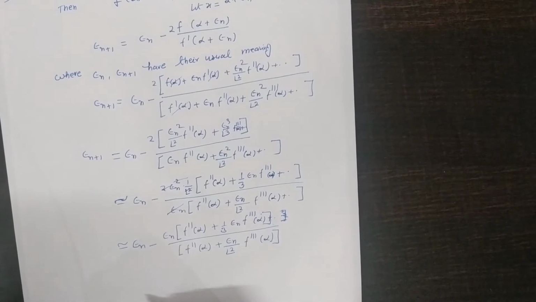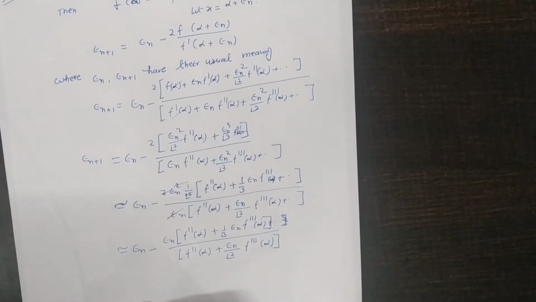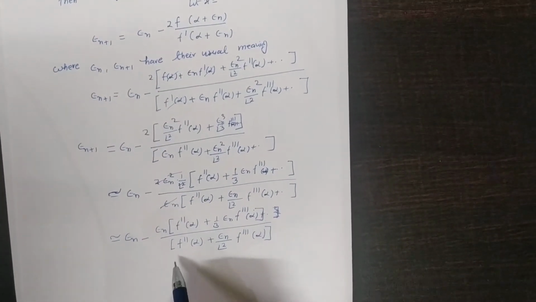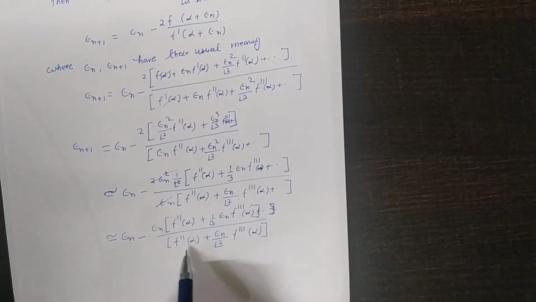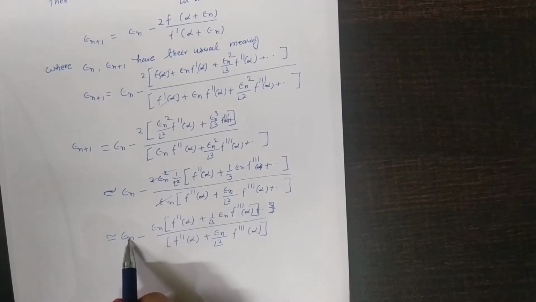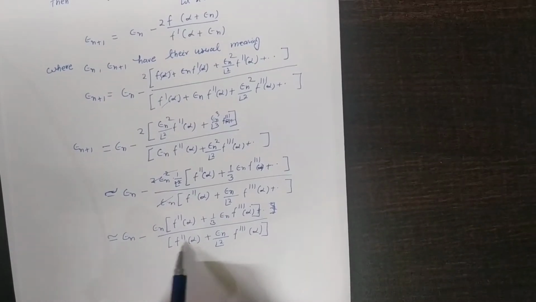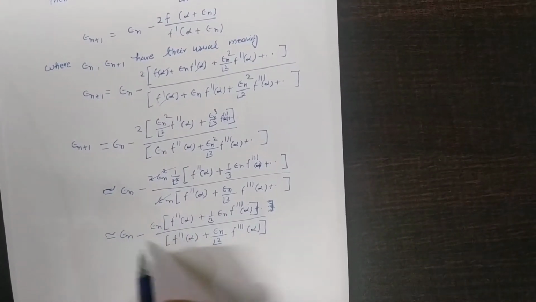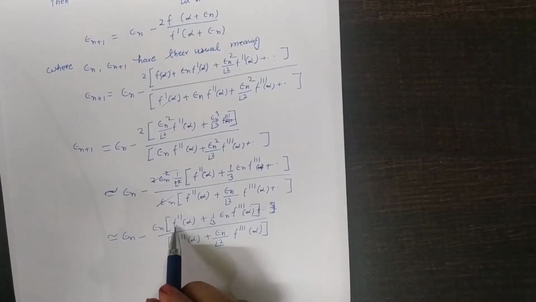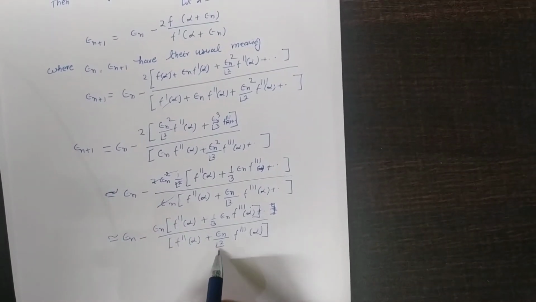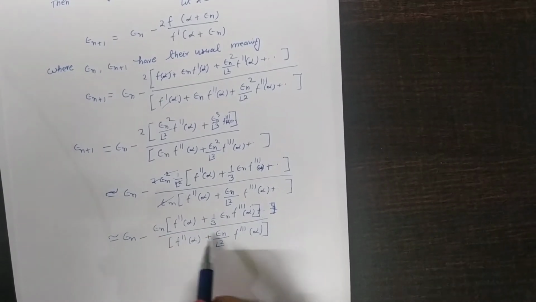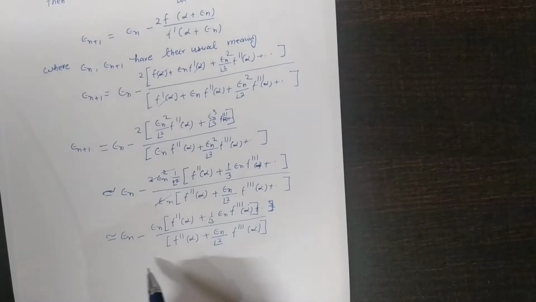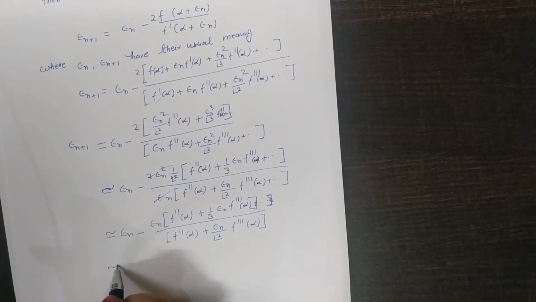Now this is equal to, here you see that we are dividing the whole expression by f double dash alpha. Taking the LCM of this, the epsilon n term is cancelled out. Epsilon n square of this term, here is also epsilon n square. Then 1 by 2 minus 1 by 3 becomes 1 by 6. So this is approximately